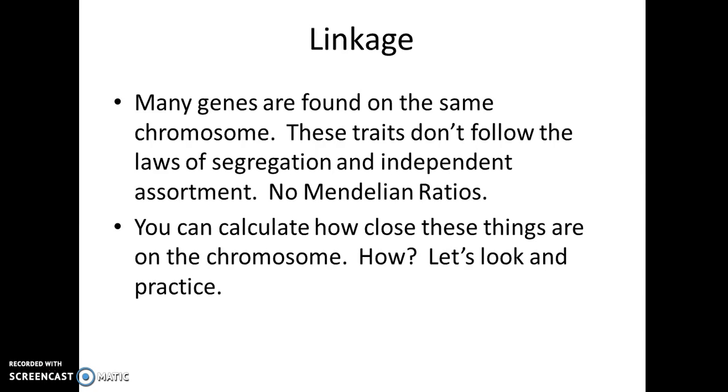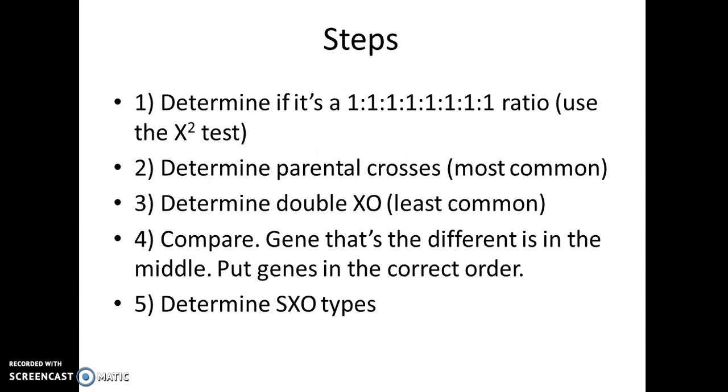So we're going to have to figure out first if the Mendelian ratios are followed, and if not, we're going to have to map out the chromosomes so that we can show how close these chromosomes are, that they're linked. Okay? So let's talk about how we can calculate how close these things are on a chromosome. And you might have to pause these things as we go through, and we'll do these things in class too,